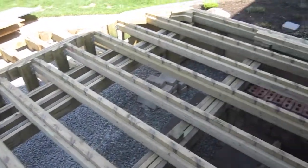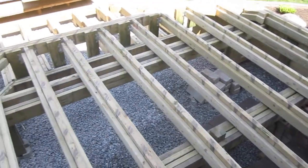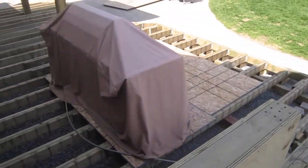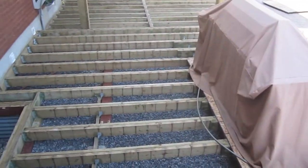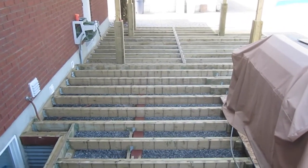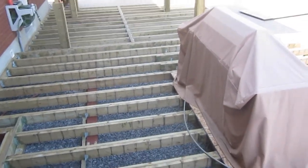do a report for the deck itself, for the working loads, and we've calculated based on the type of stone that we're going to be using that it's going to be approximately 25 pounds per square foot extra. So we had them calculate what we needed to do to reinforce the deck itself, and I think that's a good idea. If you're not certain, it takes any of the guesswork out, and what we've ended up having to do